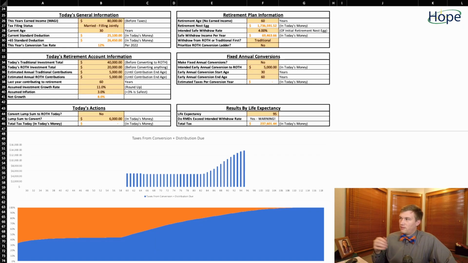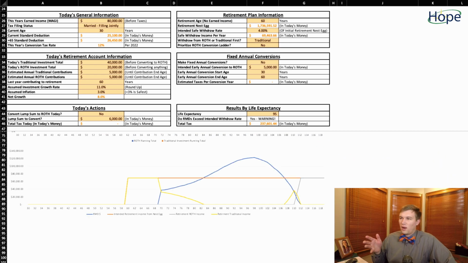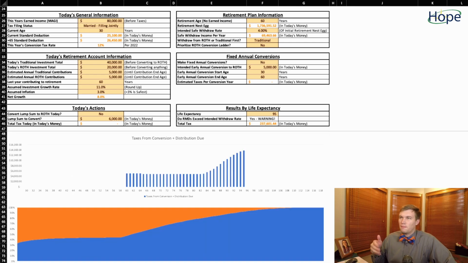And the spreadsheet that I made, admittedly, is using tax law from 2021, 2022. So it's a little out of date, but the example we're going to run through is still important for your financial education. If you can see the video, there's a mildly intimidating looking spreadsheet in front of us. I'm going to talk through the situation reflected by the current inputs, and then we're going to talk about the graphs that populate down below and discuss some of the actions that can be taken in order to help mitigate the risks that required minimum distributions can expose us to.